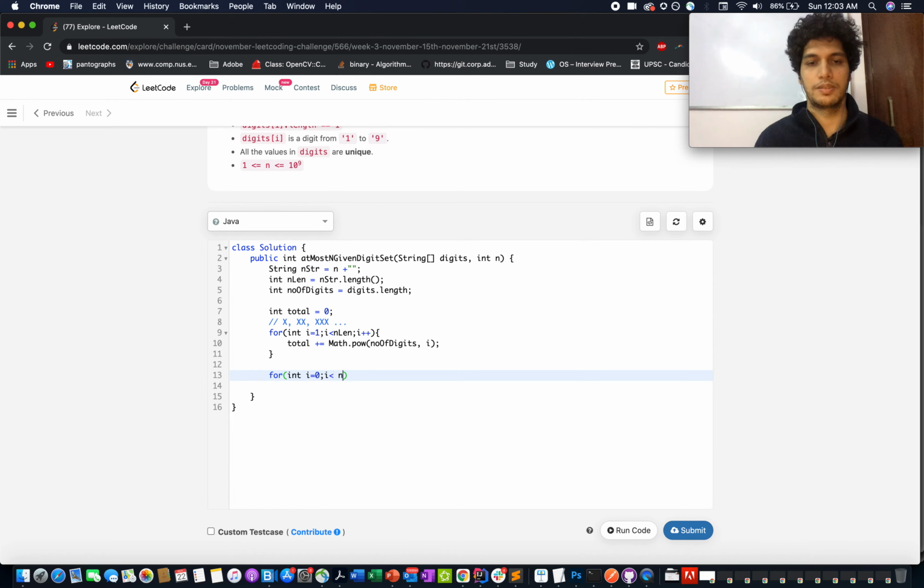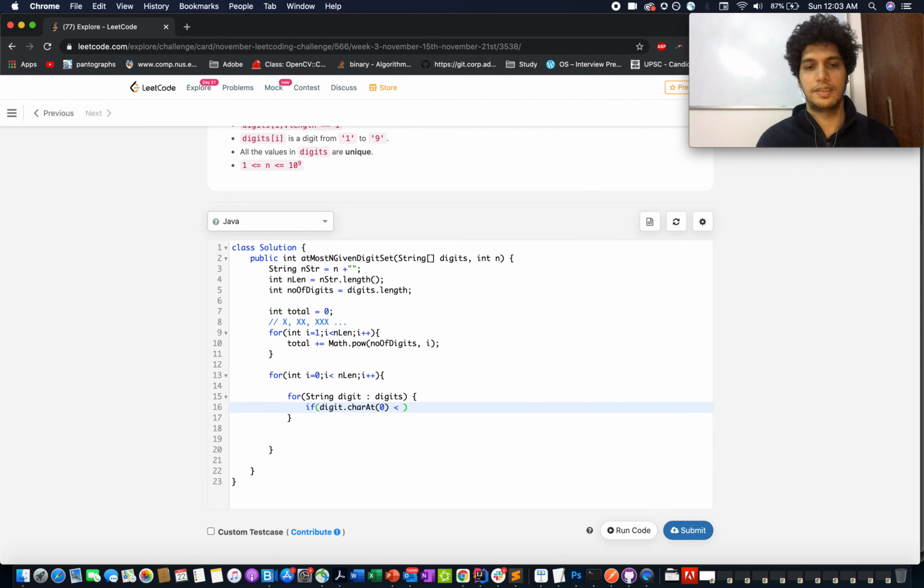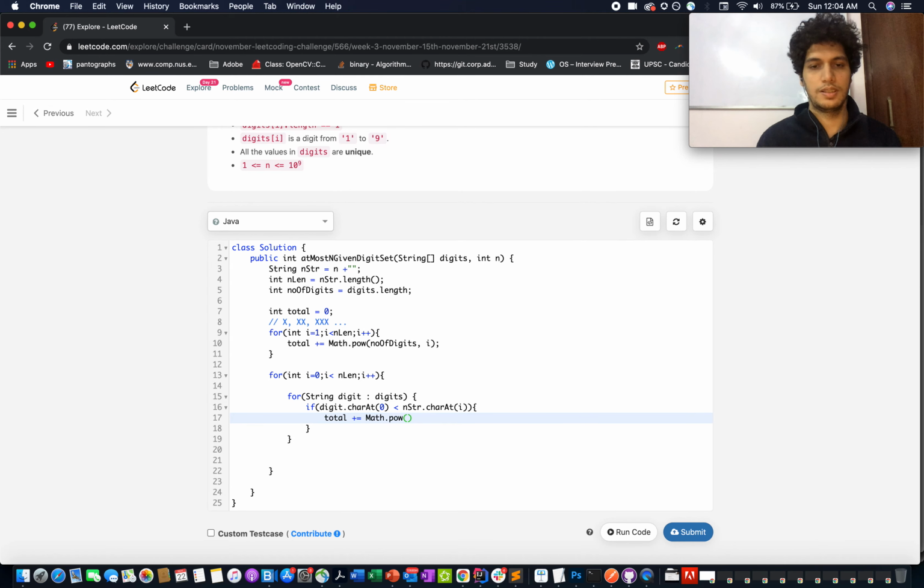Integer i equals 0, i is less than n length, i plus plus, and for string d of digits, let me just call it digit, and if digit.charAt(0) is less than nstr.charAt(i), that means it's a valid case, then total plus equals Math.pow(number of digits, n length minus i minus 1) as I discussed, and you can return total from here.